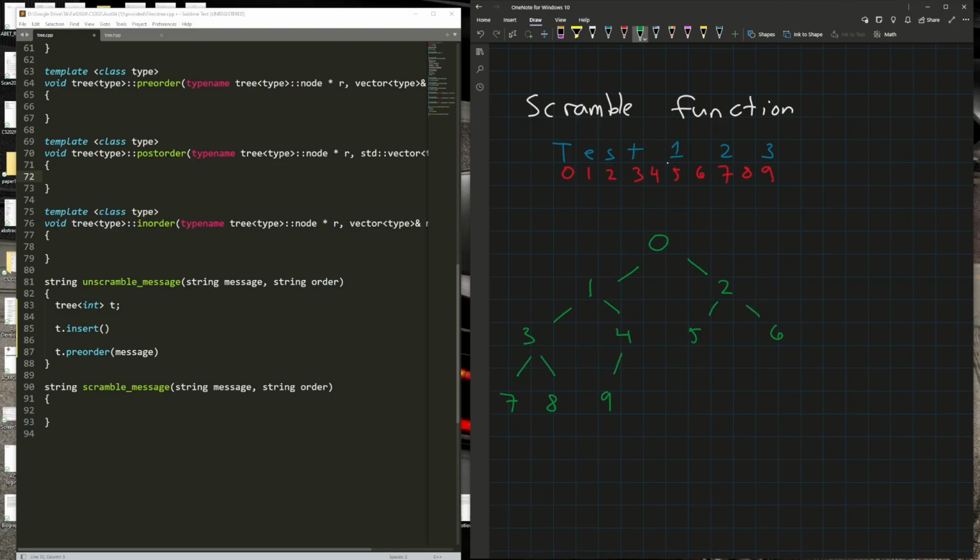Okay, so here's our binary tree. And now let's say you wanted to scramble this using post order traversal. Well, our post order vectors, so if you look at the post order function right up here, let me go to the code for a second. So right up here,